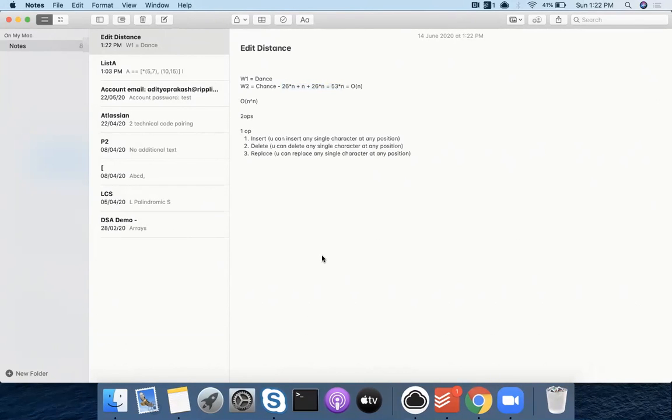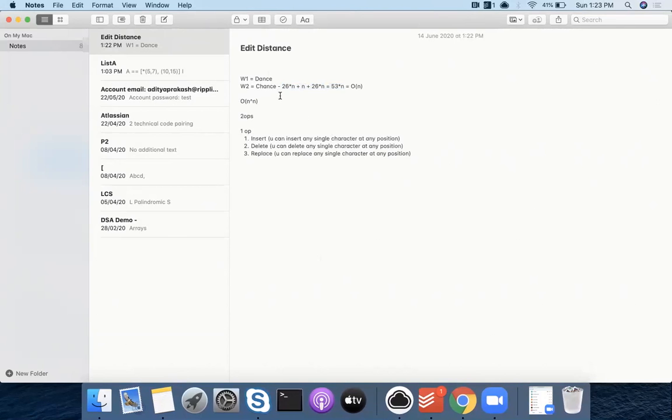So the brute force part is clear to everyone: if I solve it by brute force, it will take n power n. Because the way I'm brute forcing it is that I see if I can solve it in one operation,